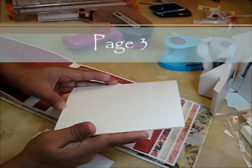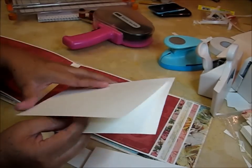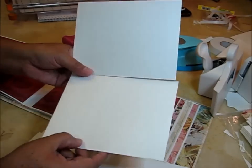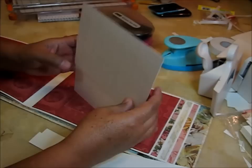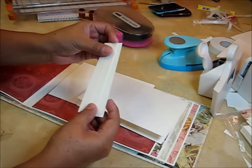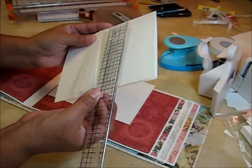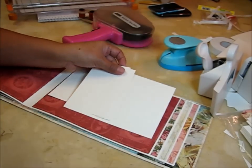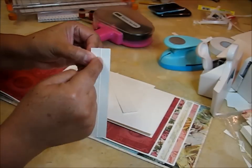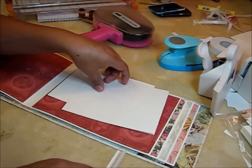For the next flip flap, you need 2 cards, and you are going to fold one of them, and the other one you are going to cut in half. You are going to cut in half, and you have 2 of the same size, right? So for this one, you're going to need a hinge too, and the hinge is going to measure 5 by 1. And then a score in the middle at half of an inch,